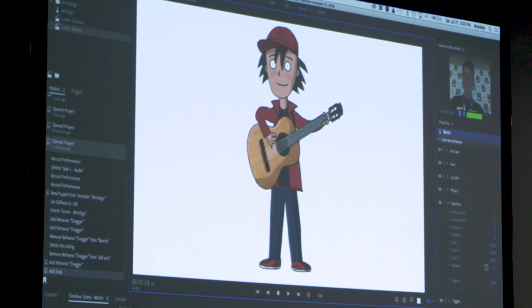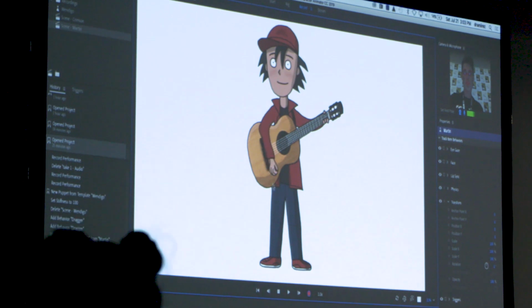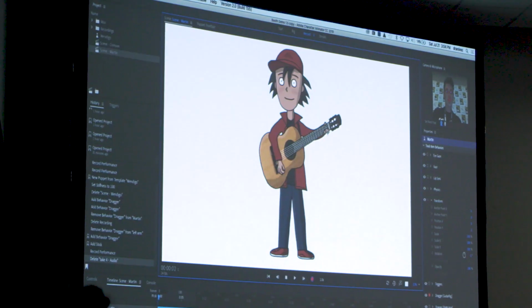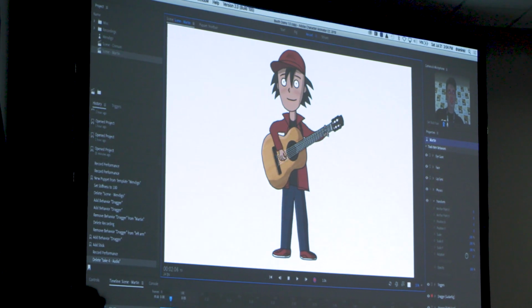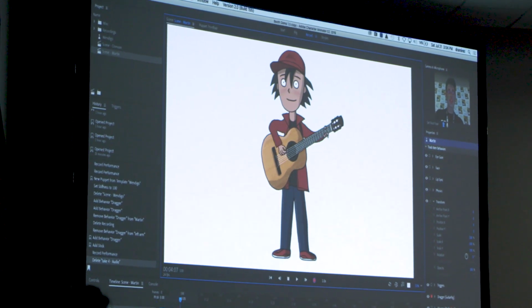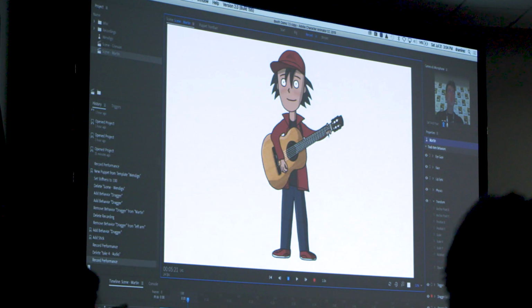We're playing pole position, folks. So right here I'm recording the right arm, and we're just going to do a couple seconds of that. And I don't need to record that audio, so I'm going to turn that off. Now that I've recorded the right hand, I'm going to move on to the left hand. And while that's recording, I just grab the left hand, move it up and down. You can see that, much like the way you record music in a music program, we're actually recording an animation